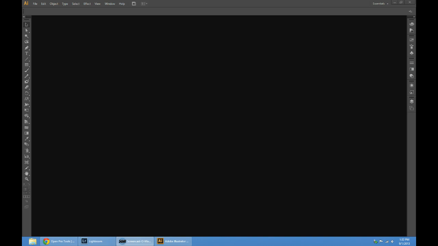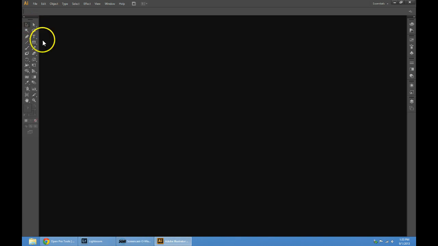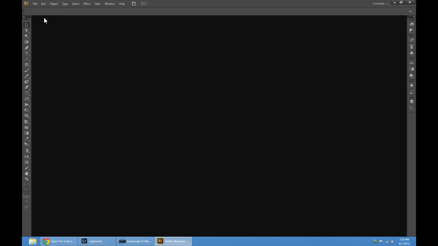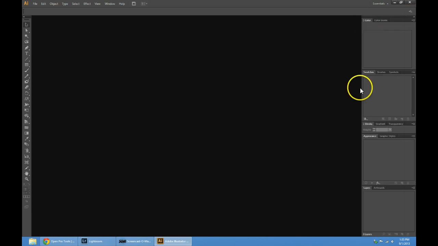If you hit this double arrow over here, then you get two columns for your Tools panel. So that might be one change that looks different on yours. It depends on the size of your monitor, whether it's one or two columns by default. So that's what mine looks like, and we'll get into all this other stuff later, but if you hit the double arrow over here, it expands your